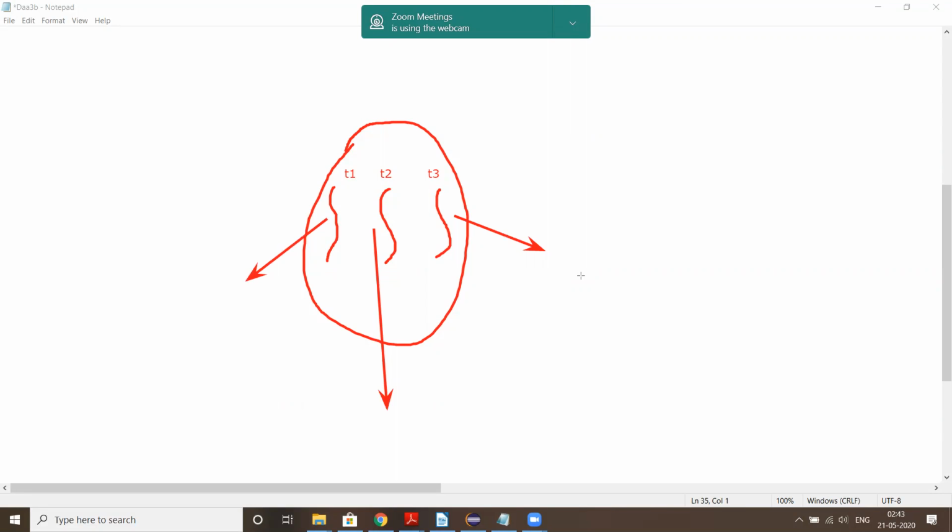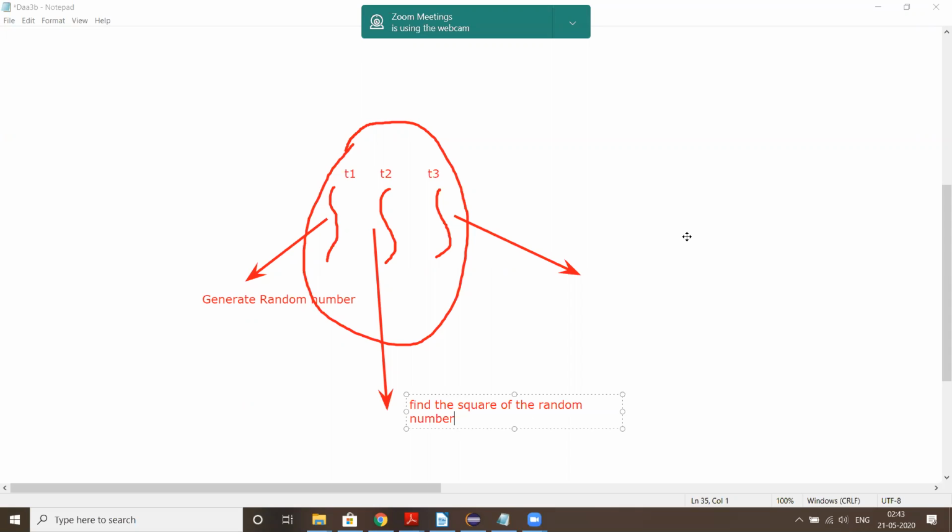So each thread will be assigned a different task. Thread 1 is to generate a random number. Thread 2 must find the square of the random number generated.